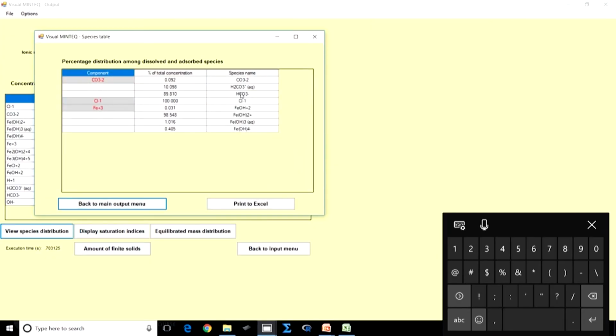Let us say view species distribution. As you see, a considerable amount of the carbonate is present as HCO3 minus, and HCO3 minus would have taken in or neutralized any H plus that would have been formed due to the addition of Fe, right. What happens when you add Fe3 plus? FeOH complexes are formed, thereby releasing H plus, right. This H plus can be neutralized by the HCO3 minus that is going to be predominant at this